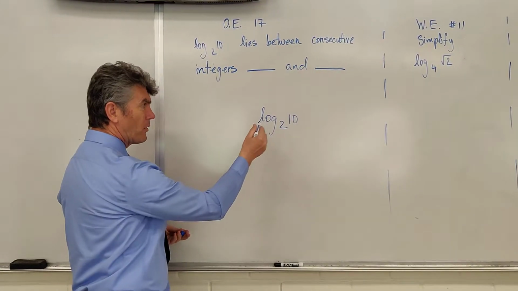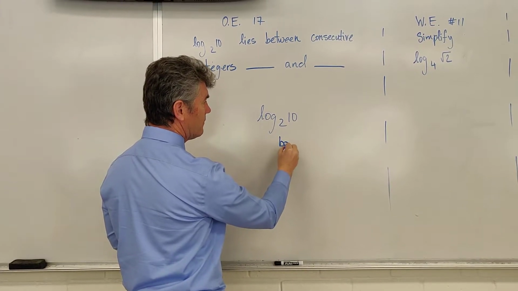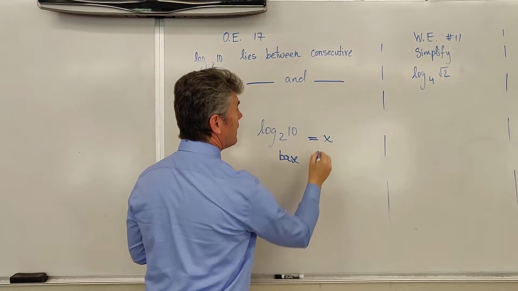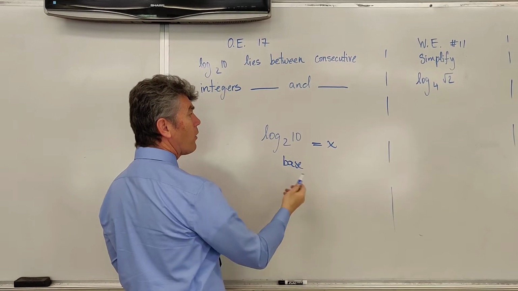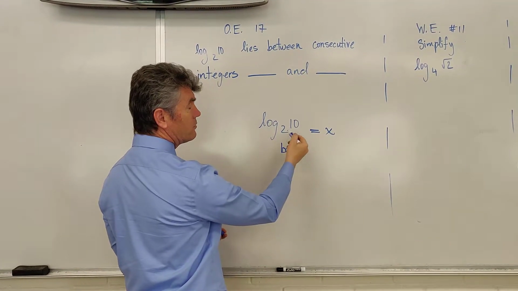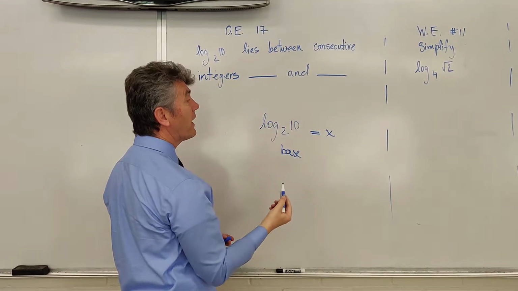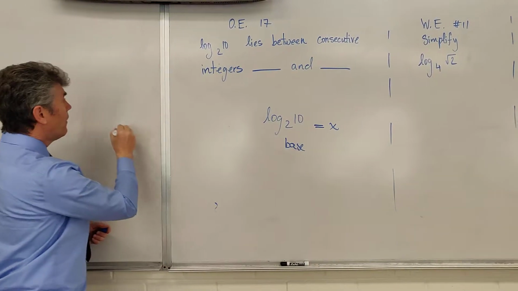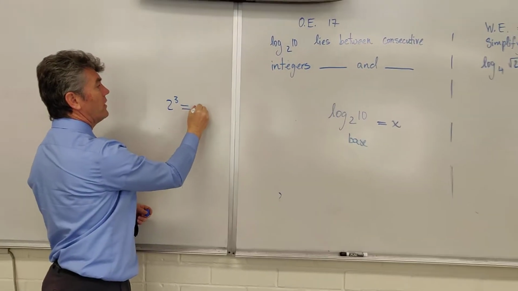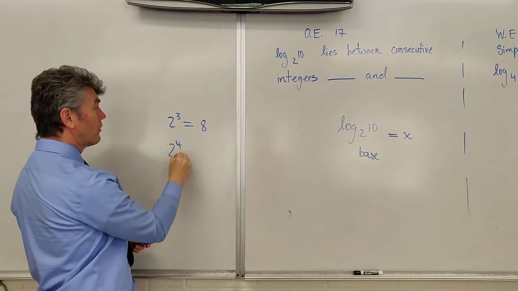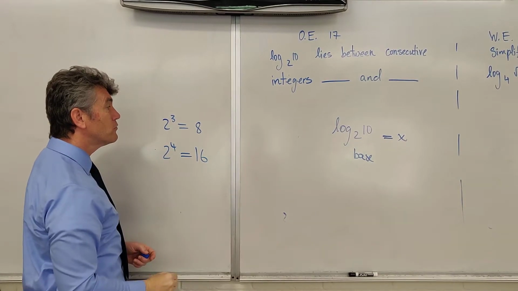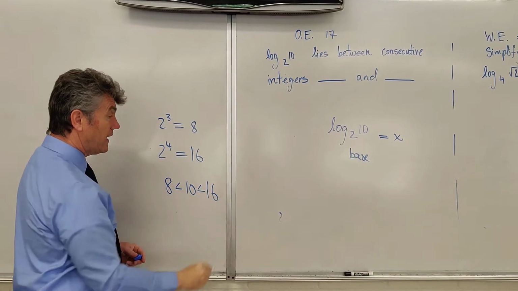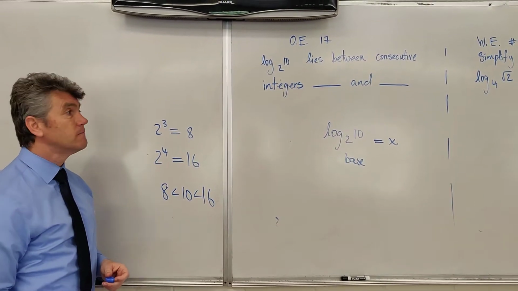Well, I remember that 2 is the base and a logarithm is some exponent. So I do not quite know what the exponent is to raise 2 to get 10, but that is irrelevant. What is relevant is the following. 2 raised to the 3rd power is equal to 8, and 2 raised to the 4th power is equal to 16. And the number 10 happens to lie between 8 and 16. So